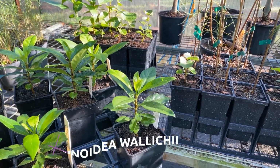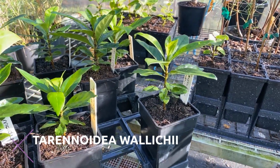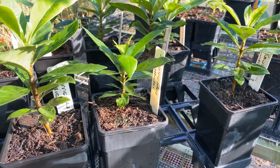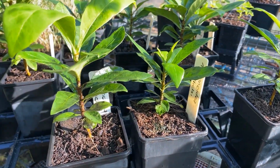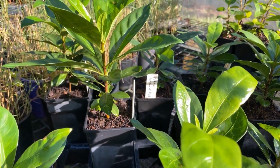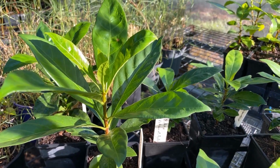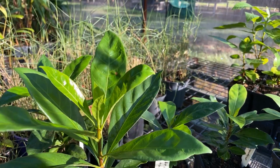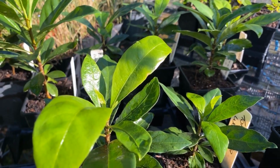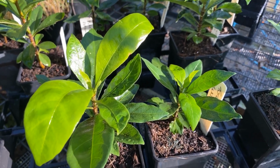This is Taranoidea wallichii. It is an endangered species. It's a small tree to about 5 metres tall and is only known from a small set of monsoonal forests on Melville Island. The small population size makes this species susceptible to events such as cyclones and fires. A recovery plan is in place and collection of propagation material and translocation to botanical gardens is assisting in protecting